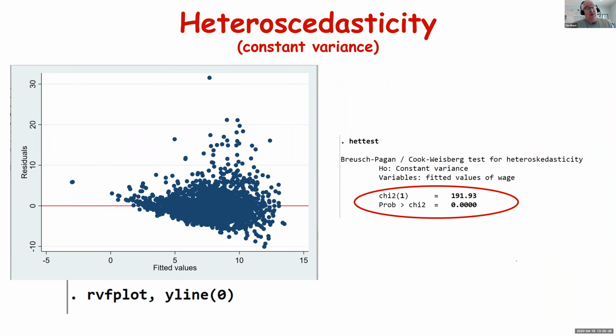Heteroskedasticity, another great word to use in social settings. The question about constant variance is what this one's about. Russ will talk about this as well. Stata will use more frequently the Breusch-Pagan or the Cook-Weisberg test. And in this case,